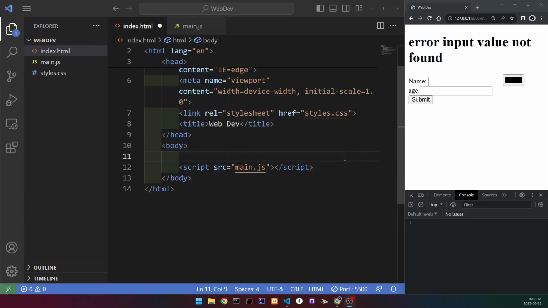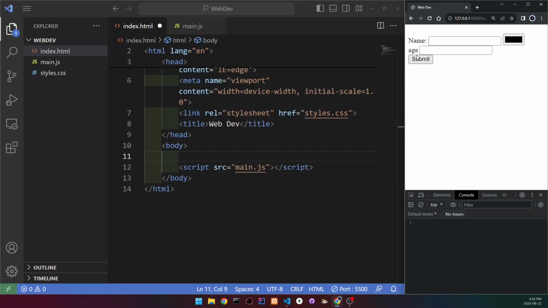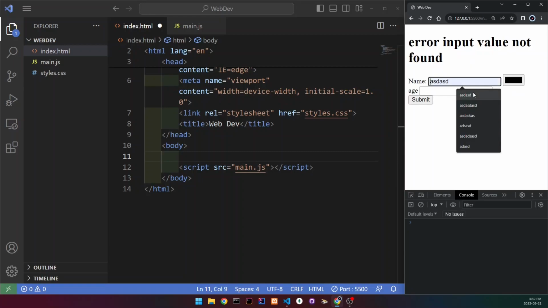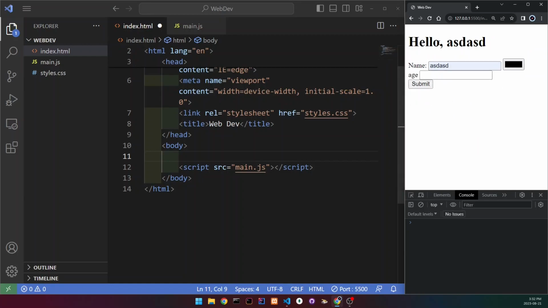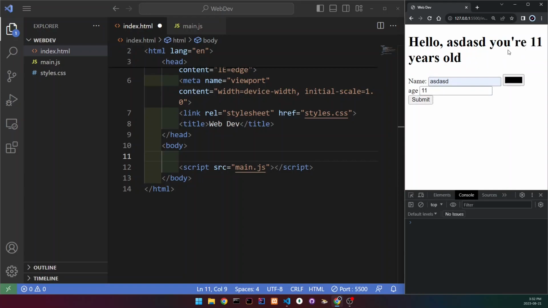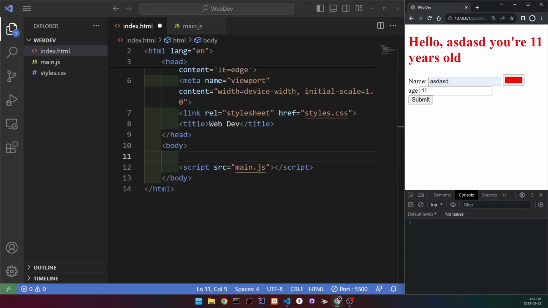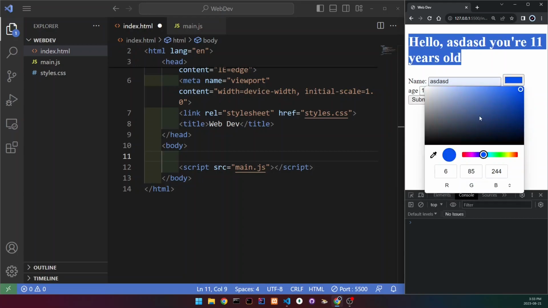In this video, I'm going to be going over JavaScript form validation. So over here, if I reload and click on submit, we get this error. But if I write a name or just some gibberish, click on submit, we can see that we get hello plus the name. We can also put the age in here, and then we're going to add it. We can change the color of the text here also if we want to,